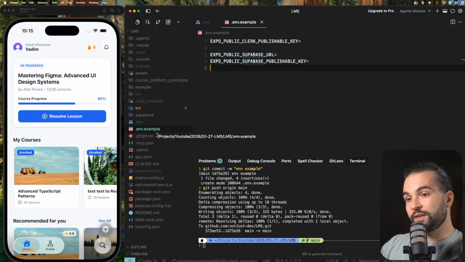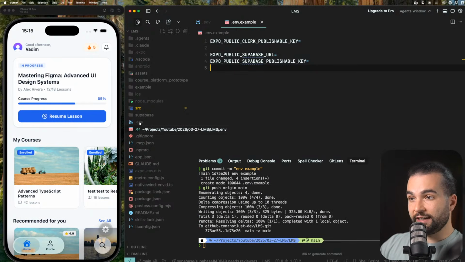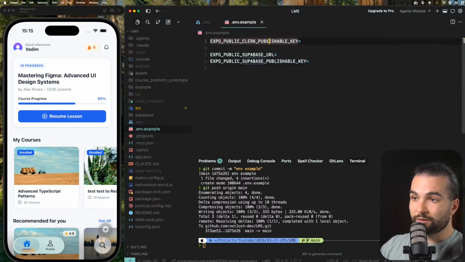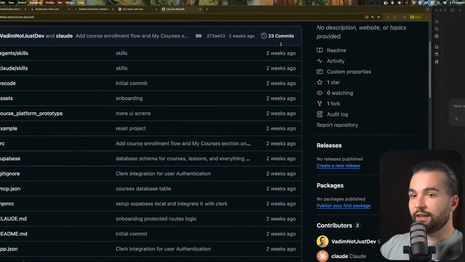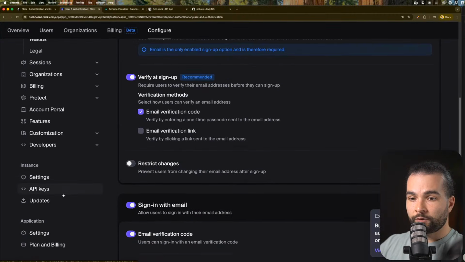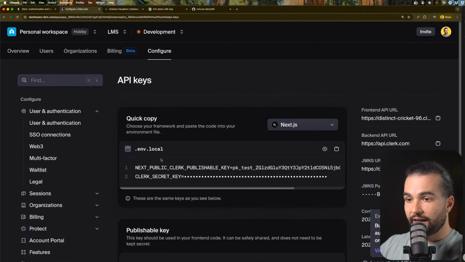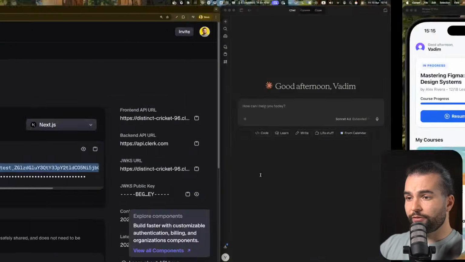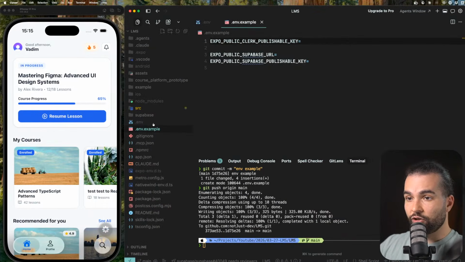So just copy paste this env example and call it .env, and there you will put your public Clerk publishable key that you can find by creating a project in Clerk, and then under Configure, you can go into API keys and you can get this publishable key. Just copy the key, paste it in your env there,